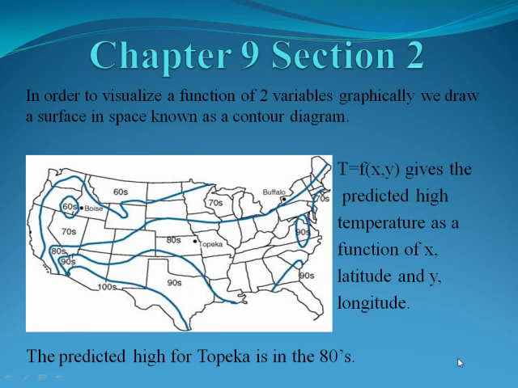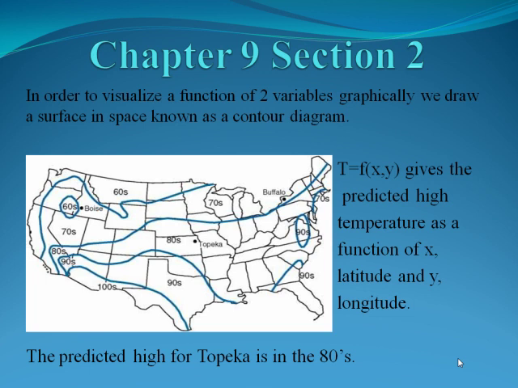Chapter 9, Section 2. Something that we would like to be able to do with two variables is talk about what their graphs look like. As you can imagine, it's much harder to visualize a graph with two variables than if you had one single variable, which we're accustomed to. So in order to visualize a function of two variables graphically, we draw a surface in space that we call